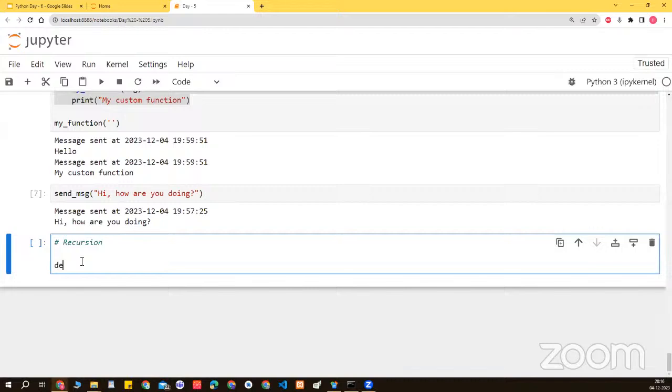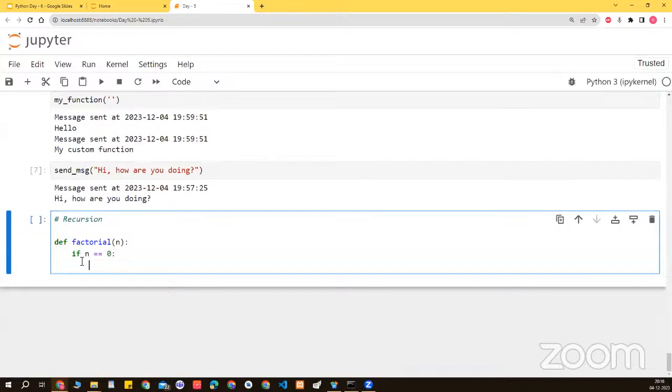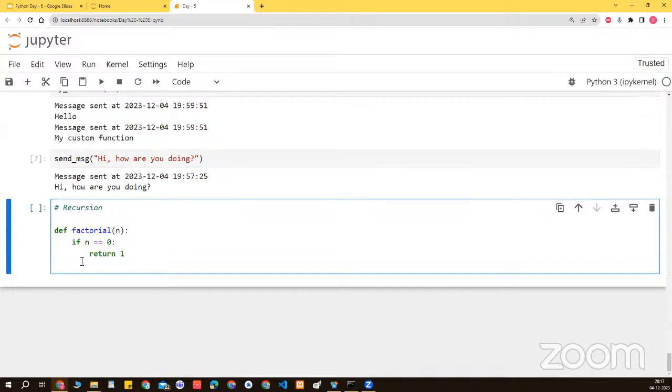Perfect. So let's define a function, call it factorial, right? And factorial is going to take a simple number, call it as n. Okay. So within that, we are going to write a few lines of code so that we can do the recursion through it. Okay. So first we are going to check if n is equal to 0. If it is 0, it just returns 1. Okay. Then else,